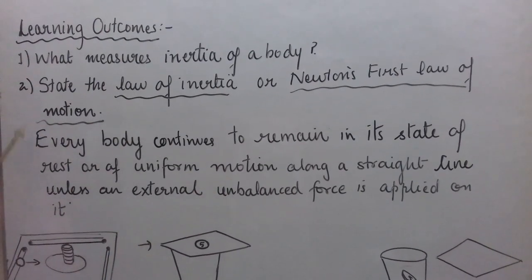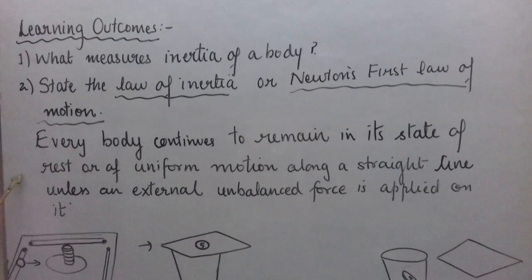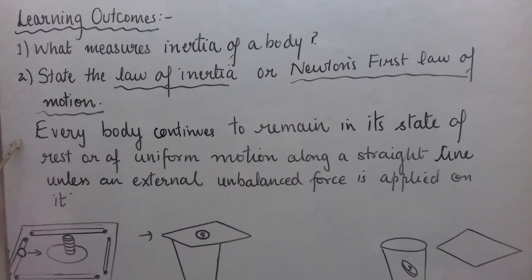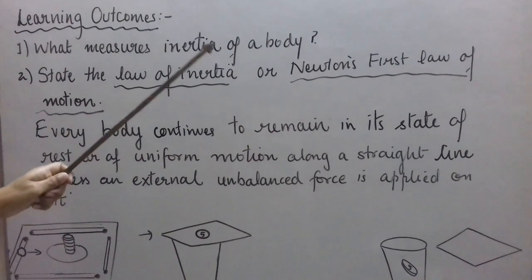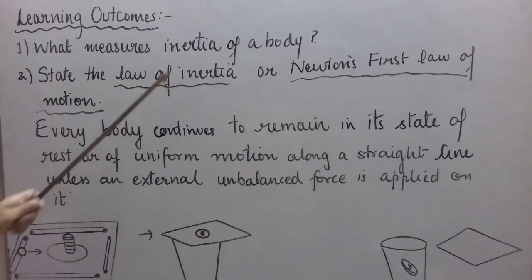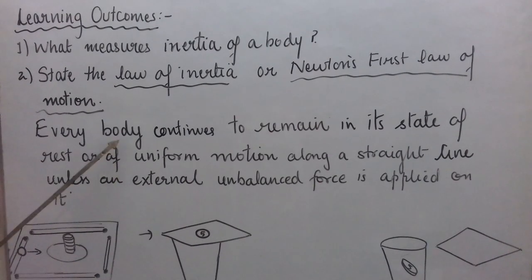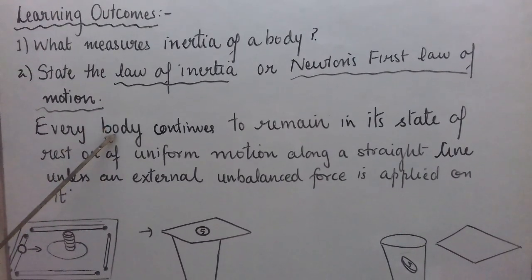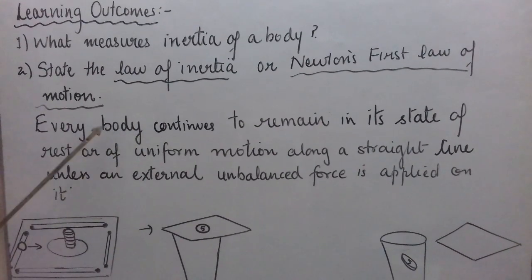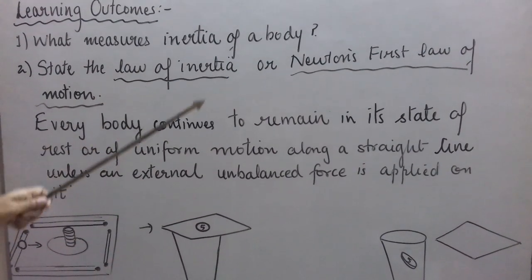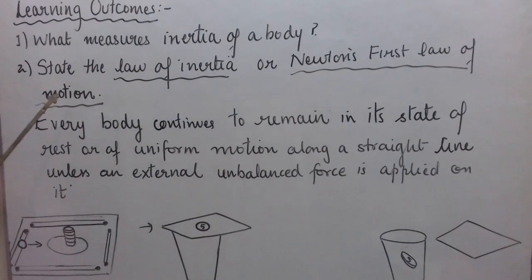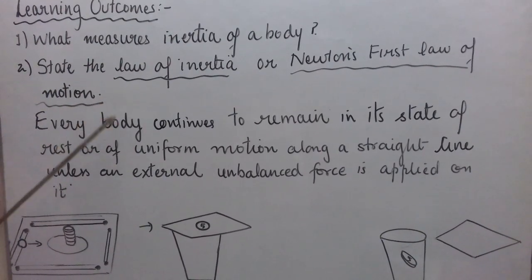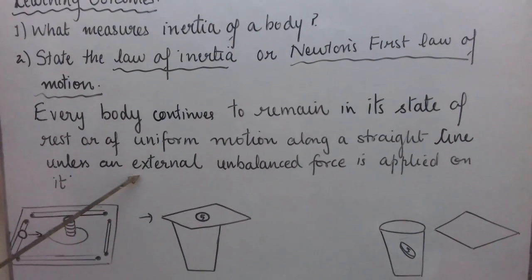Okay. This law, which is given by Newton, is based on Galileo's demonstrations. So this law is also called the law of inertia as it is based on inertia. It speaks about inertia, that every body has inertia to maintain the same state. And this is given by Newton, so it is also called Newton's first law of motion. Now let us see some examples which justify this Newton's first law of motion.